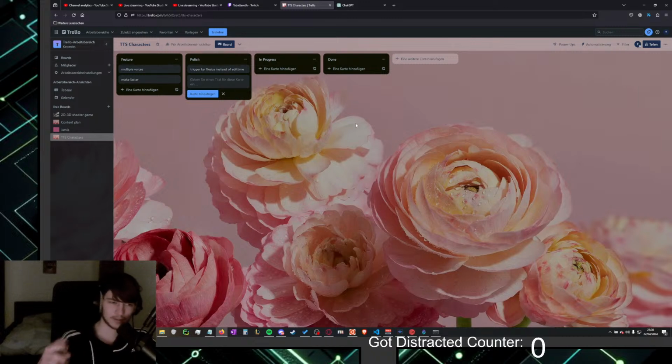So what's happening if you write exclamation point TTS or exclamation point AI, then the text gets written to a file, and the program checks when this file was last edited, and compares that value to the last value that it knows of. If it was edited more recently than the last time that it knew, then it would trigger the thing and read the text-to-speech message or answer the thing.